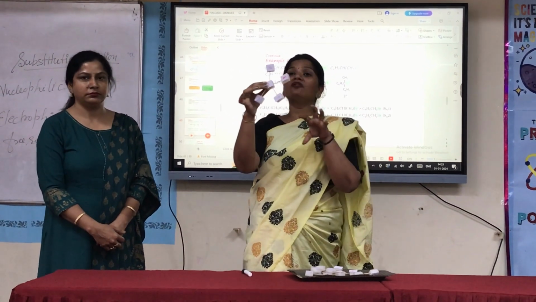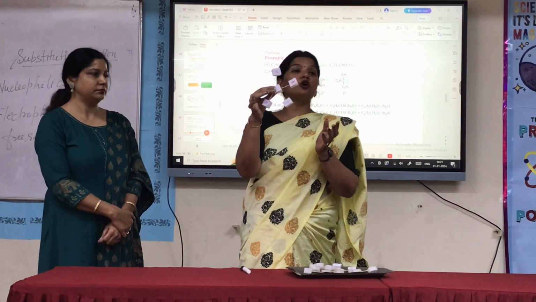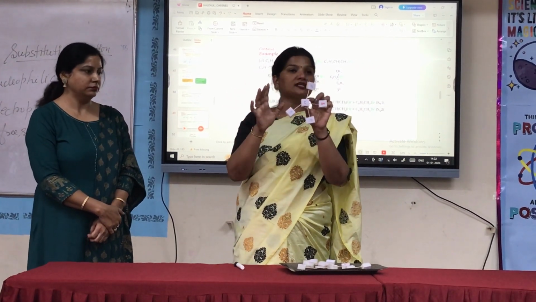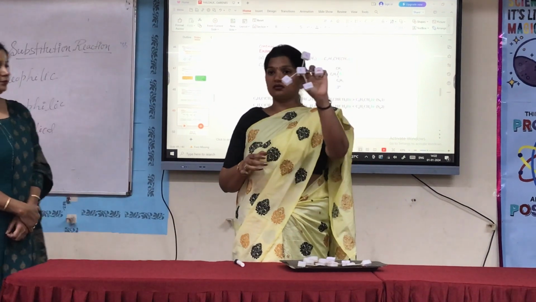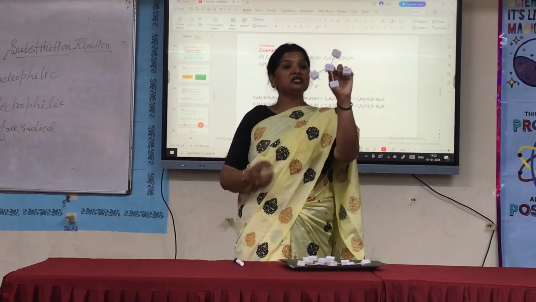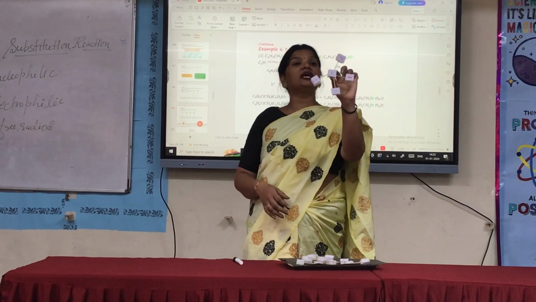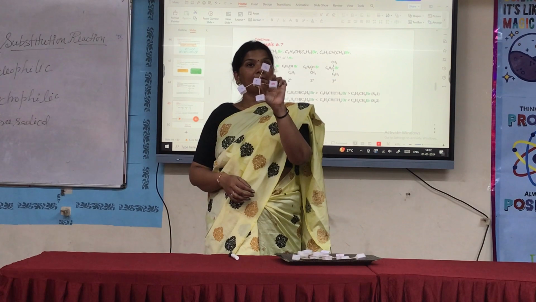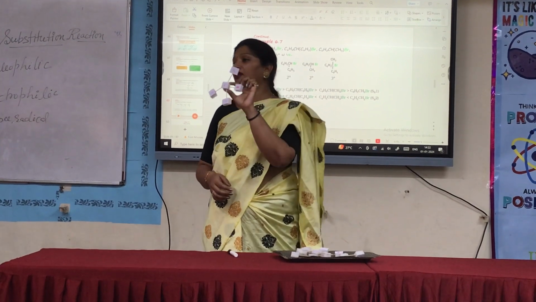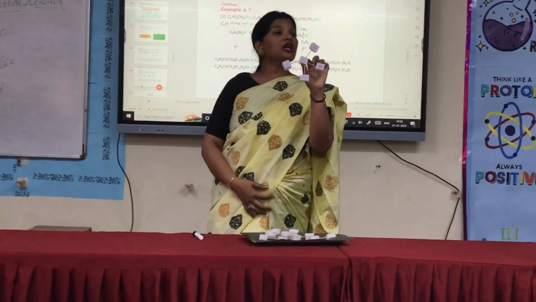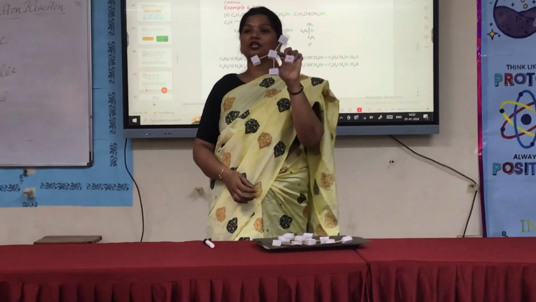So I think it is very clear to them what the exact mechanism of SN1 is, right? Similarly, we can also explain the mechanism of SN2. As we all know, the SN2 mechanism is completed in only one step. So we cannot take this. Why can we not take this? Sir, we cannot take this compound for SN2, why? Because it is 3 degree, because it is tertiary. I have attached 3 CH3 here.